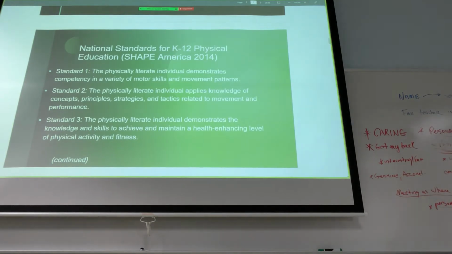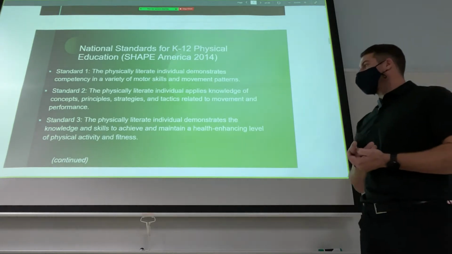So what are some strategies? What would be a strategy in a sport that you could apply for standard 2? What would be a strategy or a concept in a sport that a learner could apply that would reflect standard 2? Like in baseball, like bunting? Bunting would be standard 2. So if you were practicing bunting in your class, you would be focusing on one of the 5 standards.